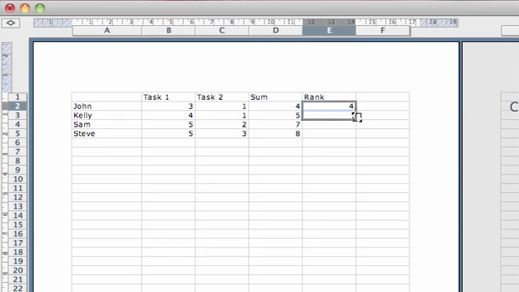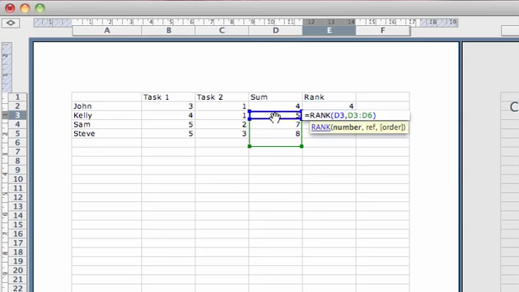Now if I drag that down, what I find is that I'm looking at this cell in relationship to D3 to D6, which is what I don't want. I actually want this range here to still be the same range. So I want the formula to copy down this reference and change it so that it is relative to where the answer is stored. But I want this reference here, which is what I'm relating that rank to, always to stay